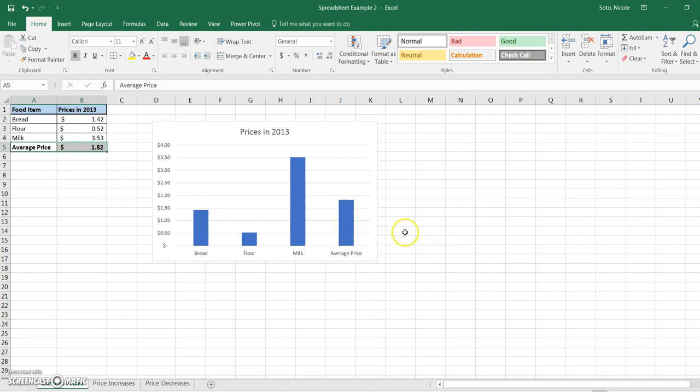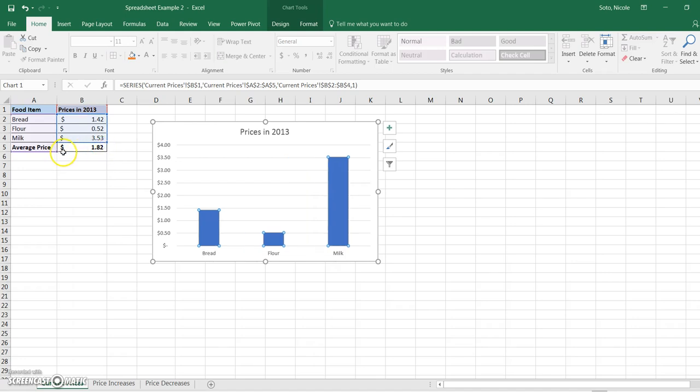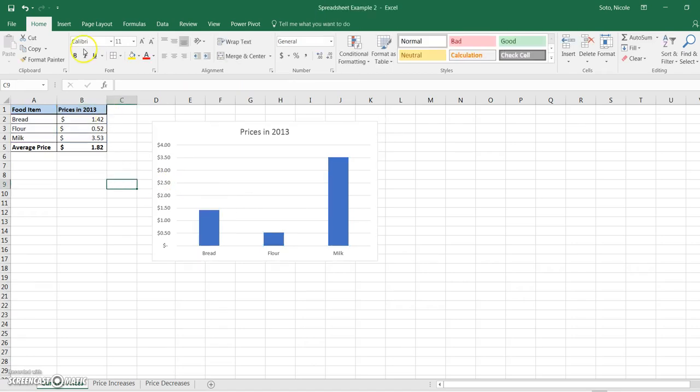Couple ways. Now that we've got our graph, we can click on any of these bars, and that will give us the data point. And then we can adjust, you see these little dark blue squares? I can adjust it up so that it doesn't include those things. And now I don't have it in my graph anymore. That was pretty easy. Another way to do it, I'll undo that,